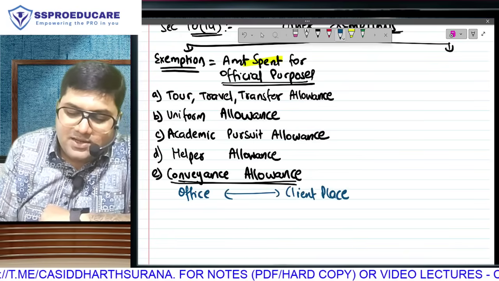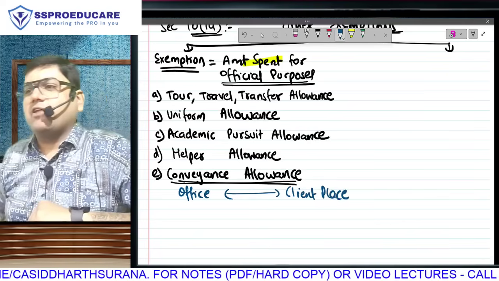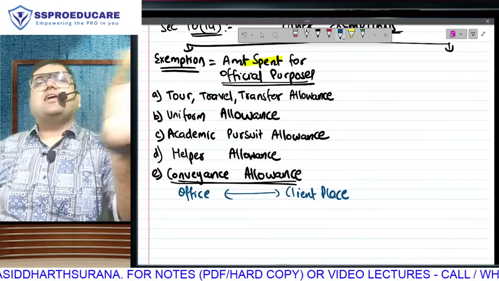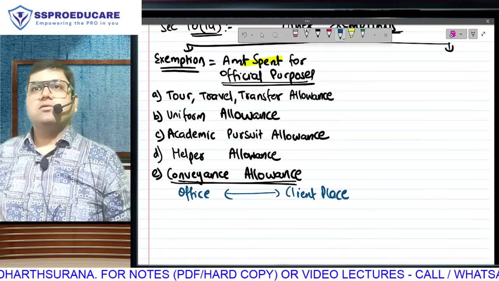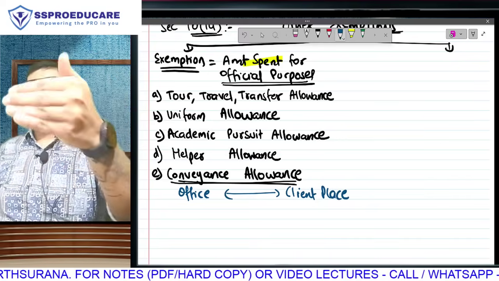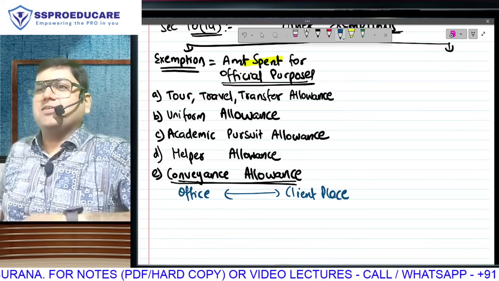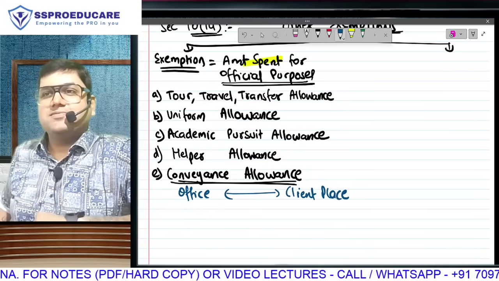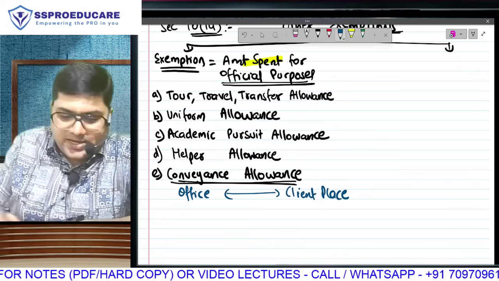This is the CA field, right? We are from the CA field, therefore I am saying client place. If it is Tata Sky, we can just say field work. You in a CA firm call it a client. Other places you can simply say customer, anything. Because what I want you all to understand is,